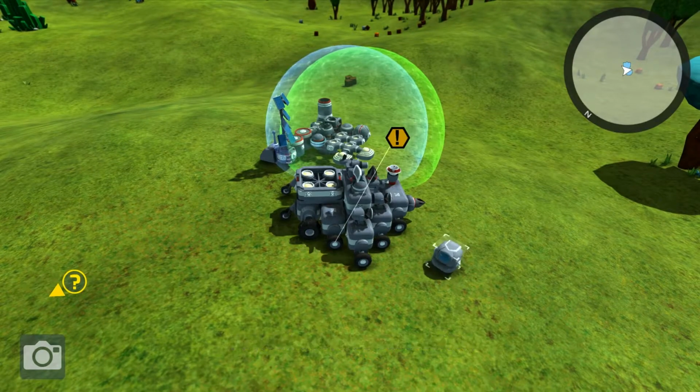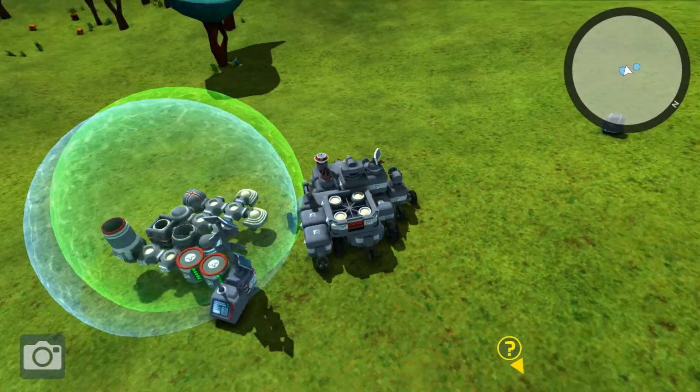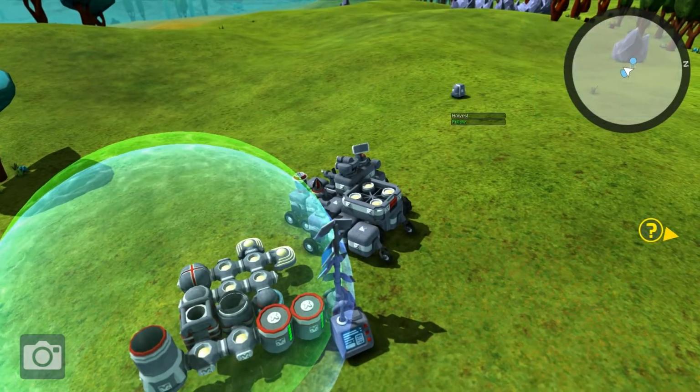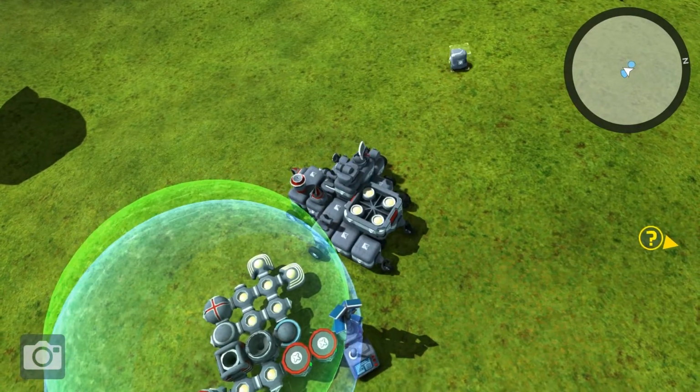So how do I control this guy? Whoa, wait, where are you going? Stop moving around, man. I'm trying to click on you. Oh, harvest. So I'm telling him to harvest. That's cool. So I'm going to go ahead and...